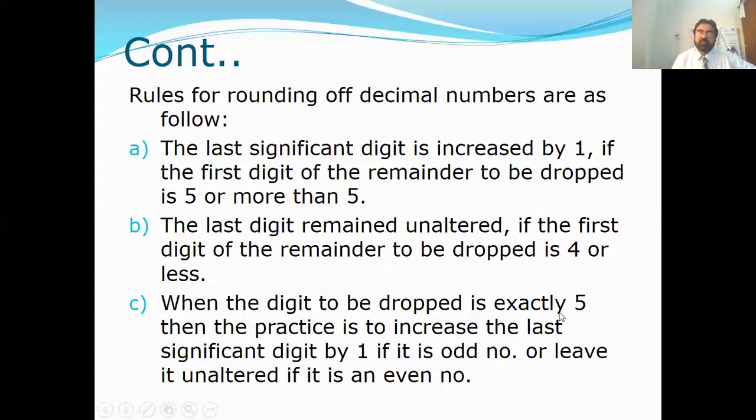When the digit to be dropped is exactly 5, then the practice is to increase the last significant digit by 1 if it is an odd number, or leave it unaltered if it is an even number. For example,